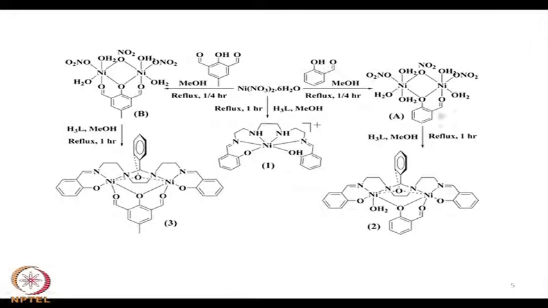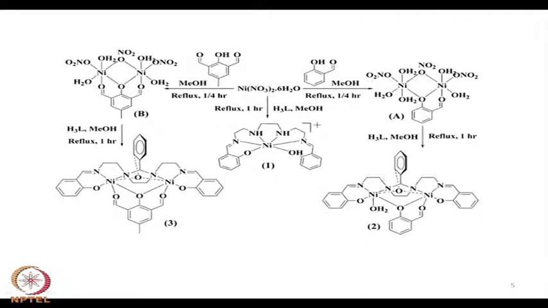So, it is just simply removing from there. Originally, if you have this ligand, you have this intact part. On the left hand side, what do you have? You have 2 nitrogen and 2 oxygen, because this oxygen is your phenol bridging unit. So, you have the N2O4 pocket on the left, and on the right hand side also you have an N2O4 pocket.